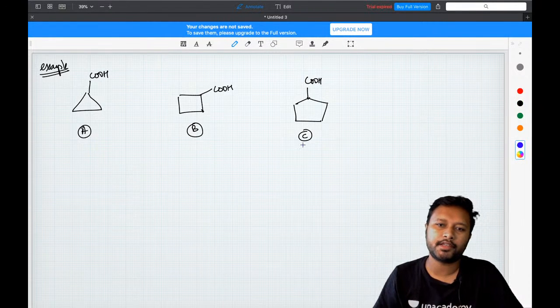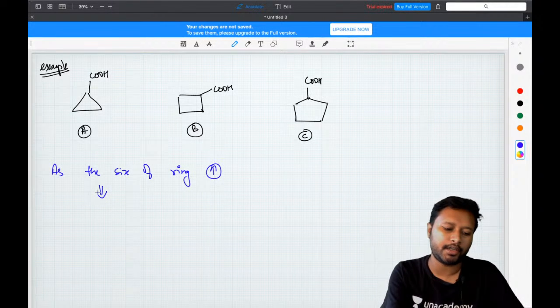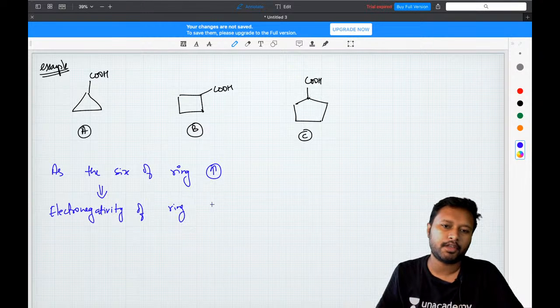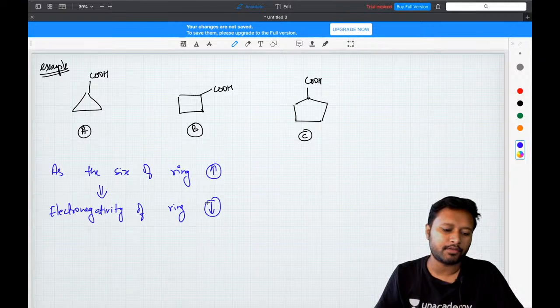You have to understand this thing, that as the size of ring increases, what happens to the electronegativity of the ring? If the size of the ring increases, what happens to the electronegativity of the ring? As the size of the ring increases, your electronegativity of the ring decreases. So if the electronegativity decreases, minus I effect also decreases,